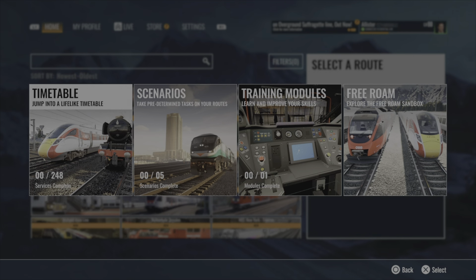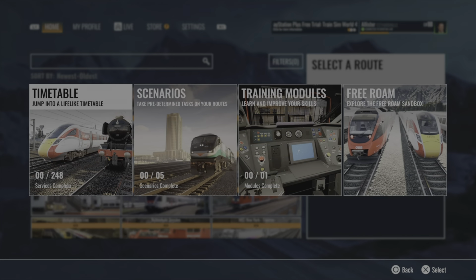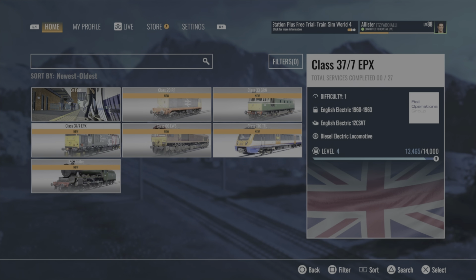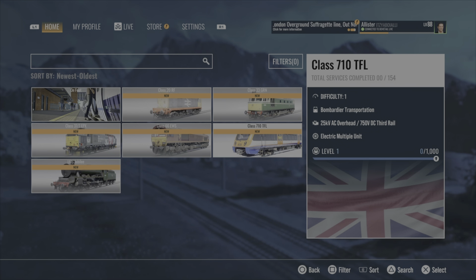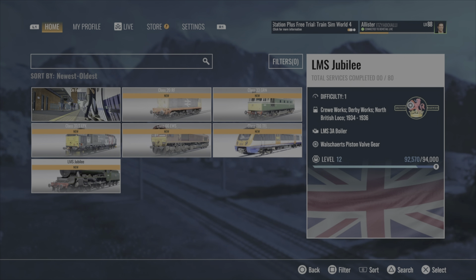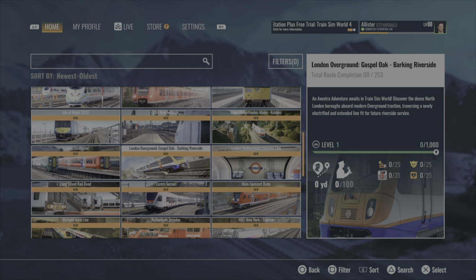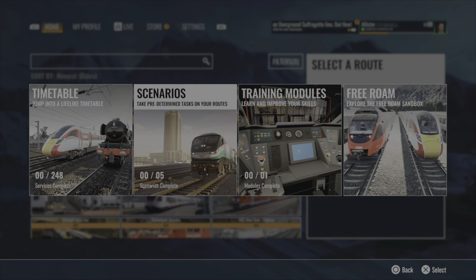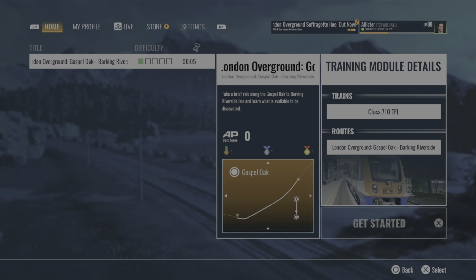Okay then, so let's go into this, which I've never seen before. This is my first time even clicking on that icon. So you've got class 20, class 33, the class 710, class 66, class 37, and Jubilee Steam Loco. Okay, so what we're going to do is go into that, go scenarios, no, here we go,